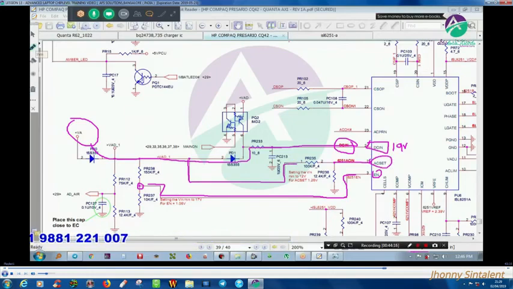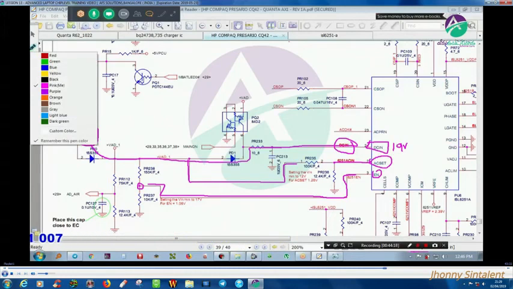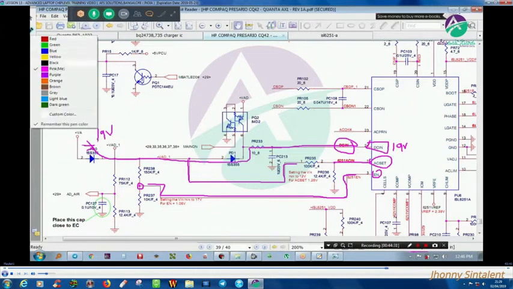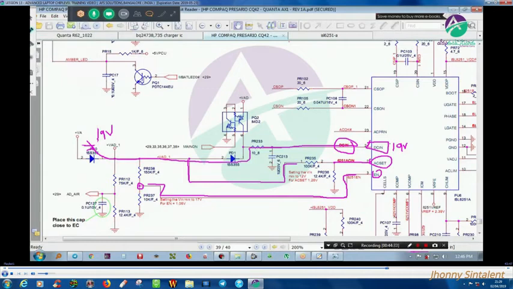When these two are present, this will release ACPRN. So you can see the hash mark, high logic or low logic. But before this goes to the IO controller,